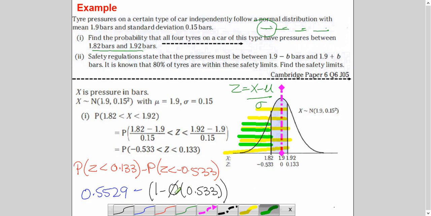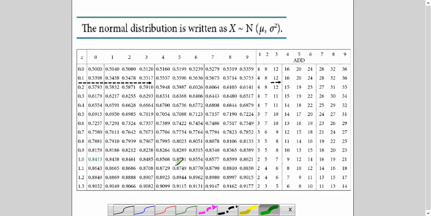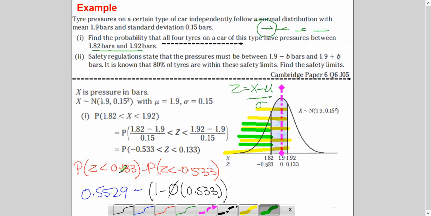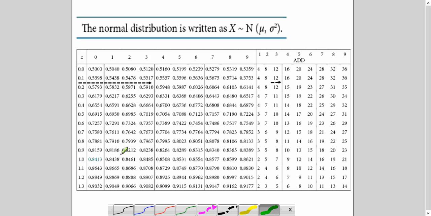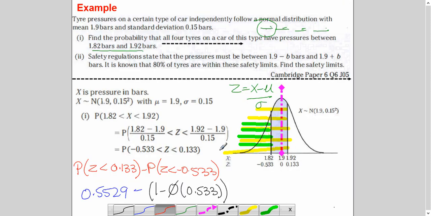Now what I'm doing here, remember what we did? Sorry. So first of all, let's read this one, 0.133. Okay, so 0.1 and 3 is here, this value, and then 3 is here, 0.133. This is 12. So you will do 0.5517. Let me write here. 0.5517 and 12 you will add in it. Always add here, don't add here, right? And you will get the answer here, which is 0.5529.